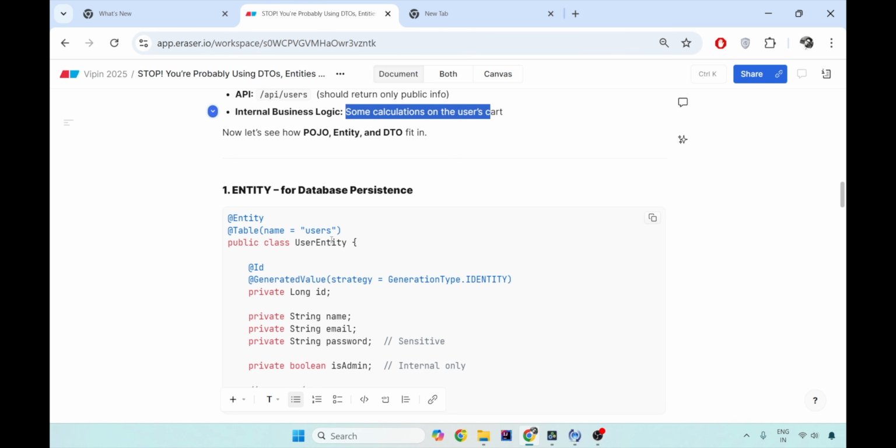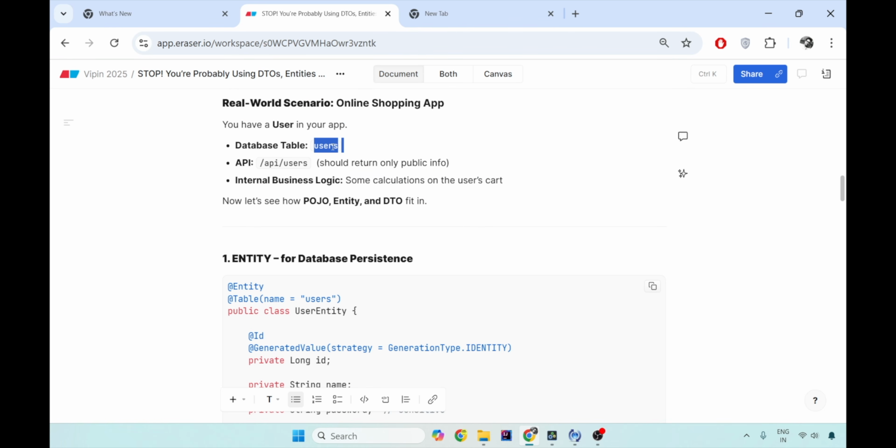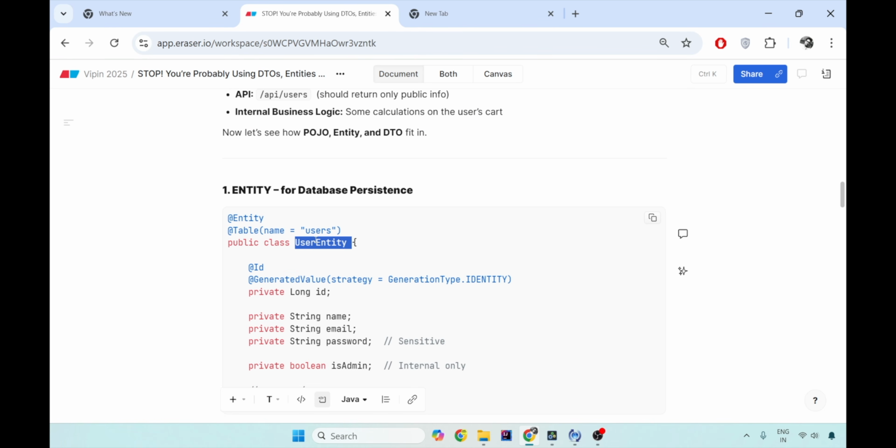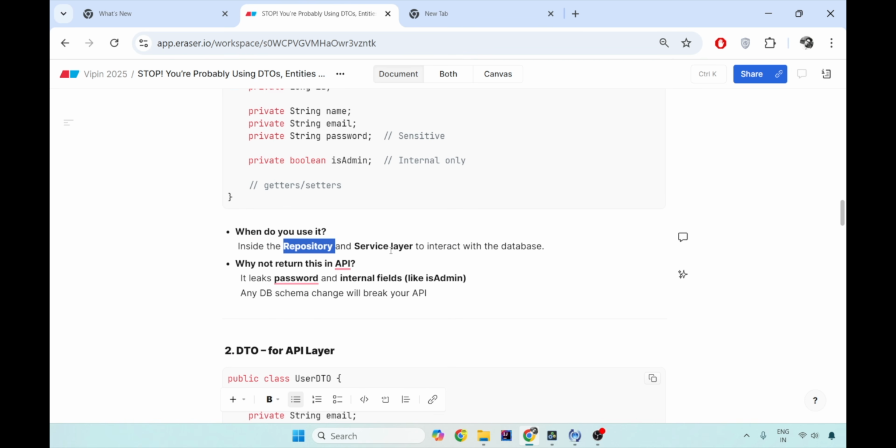Now let's see where to use DTOs, where to use POJOs, and where to use entities. So we know that users is going to be the database table. So I'm going to use the user entity to directly connect to the users table, and that is where an entity is used to directly couple with your table, the physical table. So use it only and only in the repository and service layer to interact with the database, nowhere else.